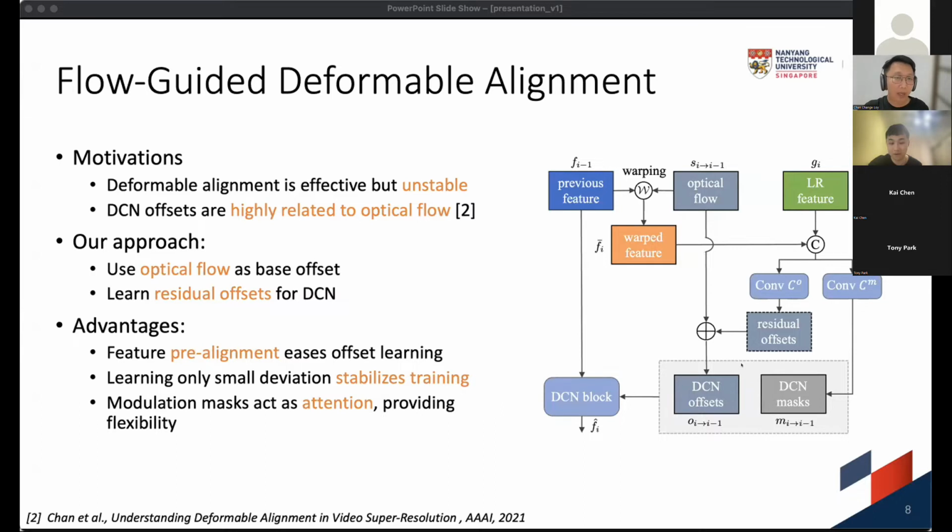The good thing about this framework is that we use optical flow as the base offset. This base offset helps us mitigate a lot of the burden in our estimation. We just need to learn the residual offset for the DCN, and that is the offset learning. The fact that we only learn a small deviation in this residual offset stabilizes the